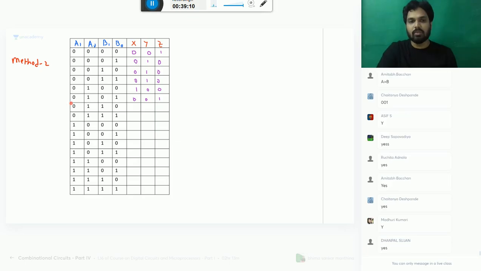Please don't see bit by bit. See two bits together. Two bits together. Okay, so it will give you